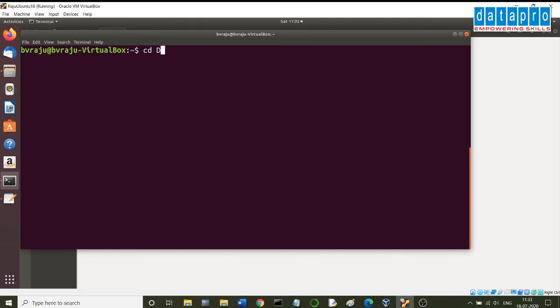First do a cd to Desktop, then do a cd to C programs. One more time, do a clear screen. Then say gedit followed by the program name. You can give any name, say welcome1, or let us say sum of two numbers. I assume that you already know some C programming on other operating systems like Windows. Here I just want to demonstrate how to develop and run the program. I will not explain the coding part. Let us say sum1.c. This is going to be our source code file.